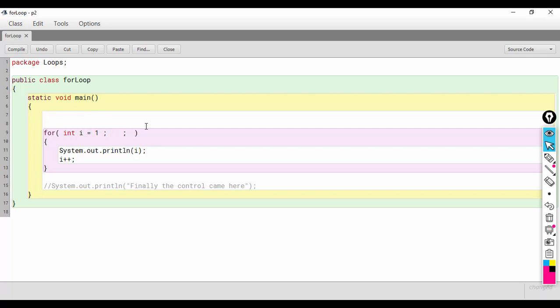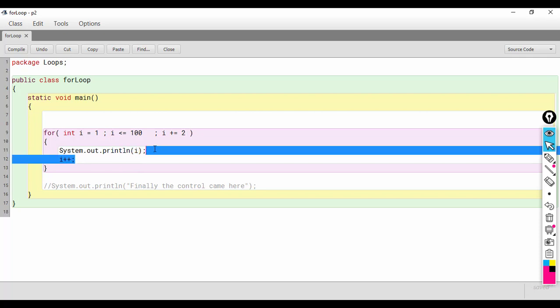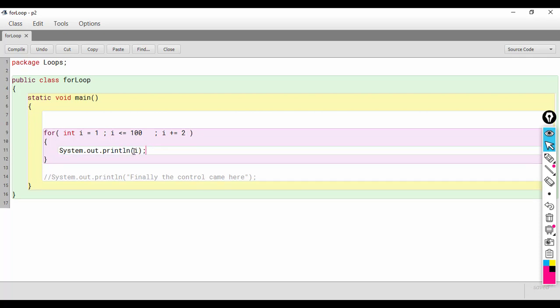So, I is 1, then I will write the condition I is less than equal to 100. I want to print all the odd numbers between 1 and 100. So, in the update part I will write I plus equals 2, and then inside the function body I will simply print the value of I.